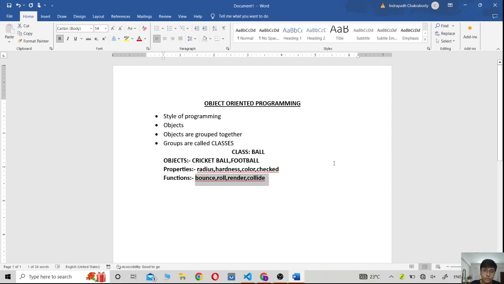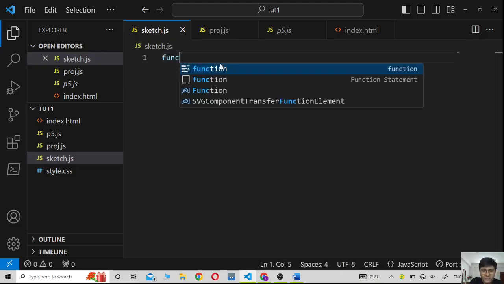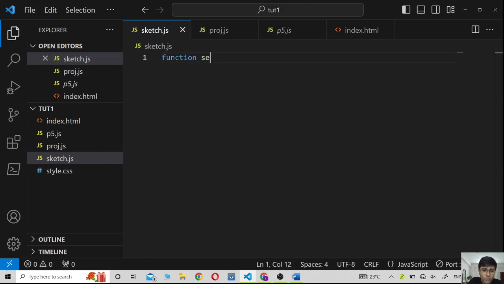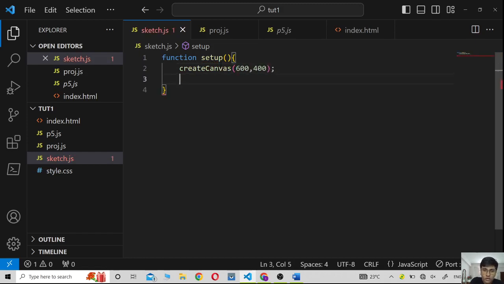And now we're going to move towards our program. There we go. I have the sketch.js. So first of all, let's write our function setup, the old way of programming here. Let me create a canvas. I'm going to make it this time 600 by 400. Here we go. I will not use the semicolon. And let's have